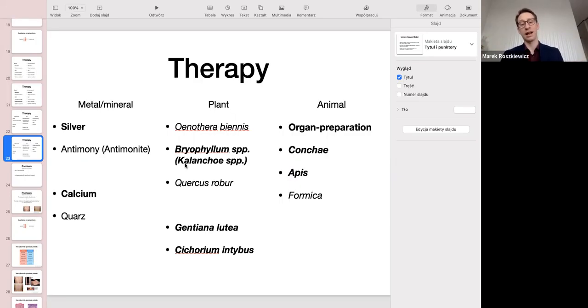Bryophyllum or Kalanchoe. I think you all know the plant. I forgot to put the picture of it from my apartment. But you know the Bryophyllum creates new plants on the leaves. So this shows us a very strong connection to the life forces, that it doesn't have to have a seed, it just goes in the life sphere on and on and on.